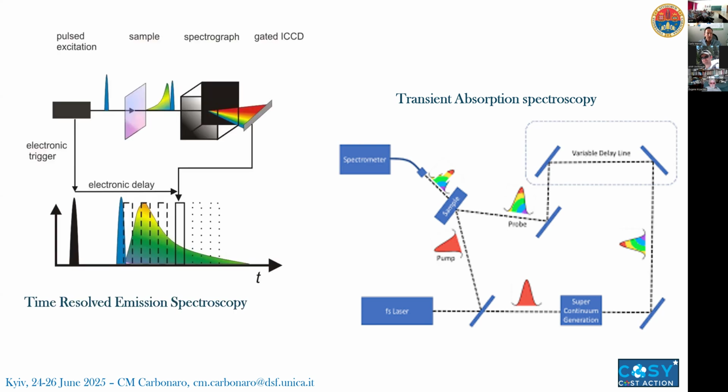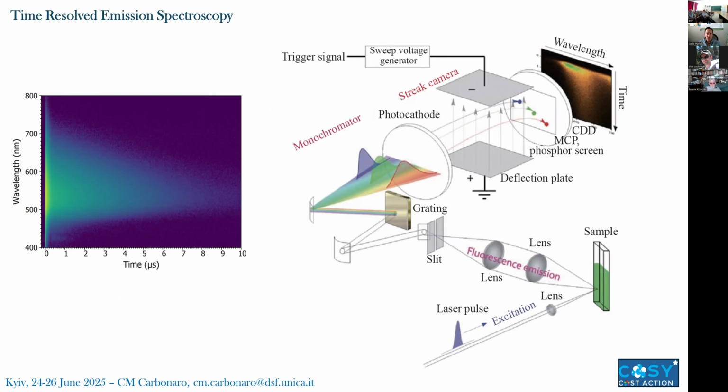Or we can also measure the decay time of the emission, which means that we are making time-resolved emission spectroscopy, usually with a gated CCD camera. So we are pinging the sample with a laser which is not continuous, but repeated. We have repeated pulses of the laser, and in between two pulses we analyze how the emission from the system evolves. We can get the information by using a gated window which moves across time, or we can get the same information by using a